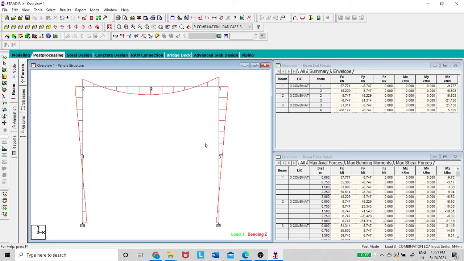Generally this is how we do the analysis. I just wanted to give one example and an overview of the STAAD environment. This exercise will help you understand what STAAD is. We'll continue in the next video.